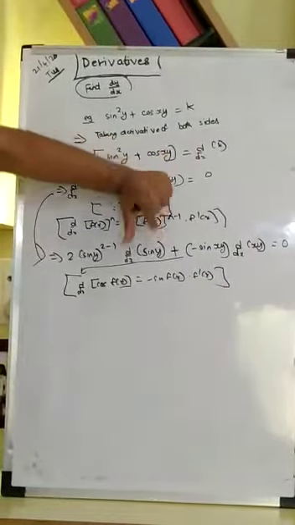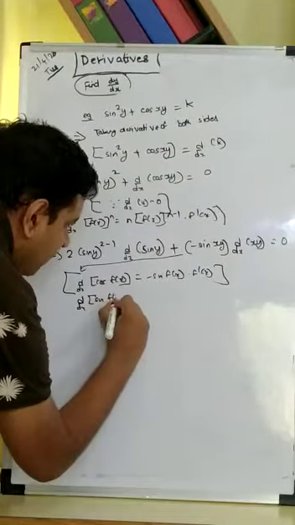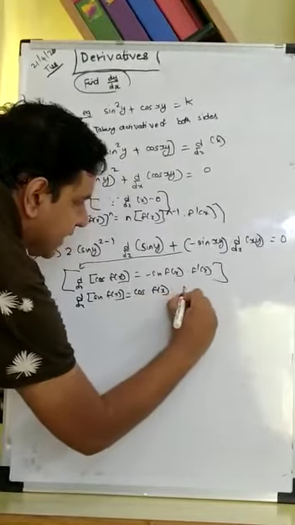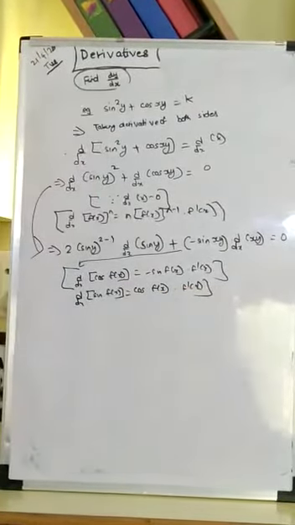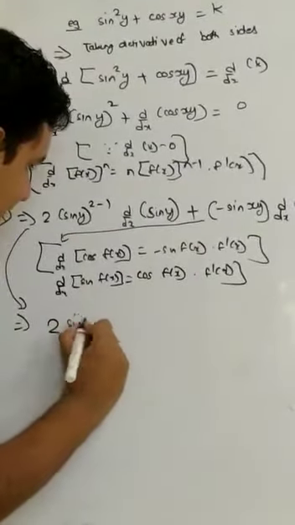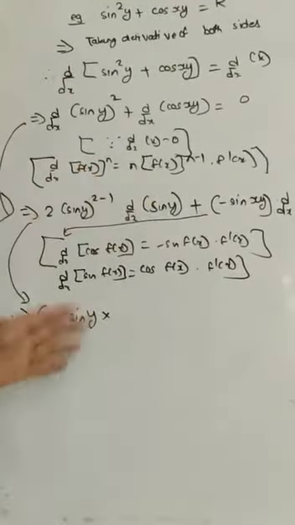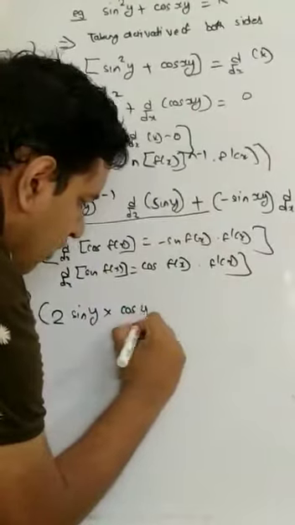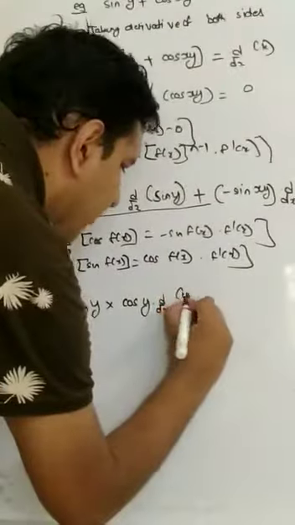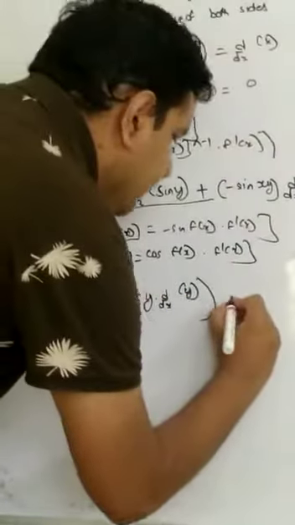And what am I going to use in the next step? Derivative of sine of some function will give me cos of that function into derivative of that function. So going ahead from this step to this, 2 sin y into derivative of sin y with respect to x gives me cos y into d/dx of y, minus